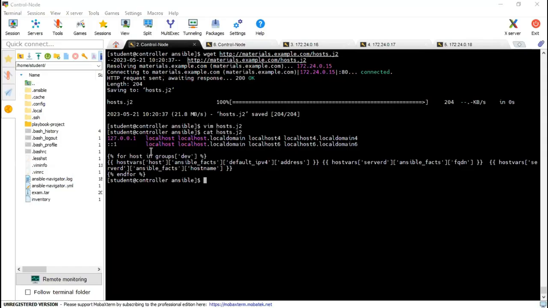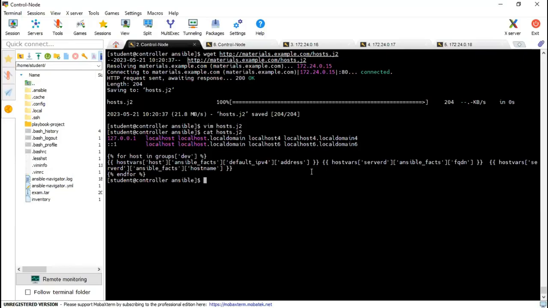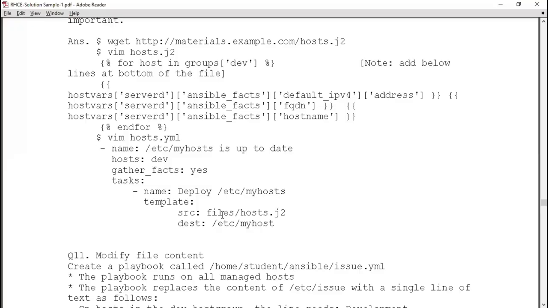Then we need to create the question, host. Deepak, yeah, I know you thought about Jinja templates. In the exam, and also in production, they use a lot of Jinja templates. Jinja template has a specific purpose, right? Not only this host file. If you notice, we used it during Apache as well, in multiple places. So Jinja templates help in production to create the template file, and the values will be changed accordingly based on the variables, right? So I hope you got your answer, right? Yeah, I got it.